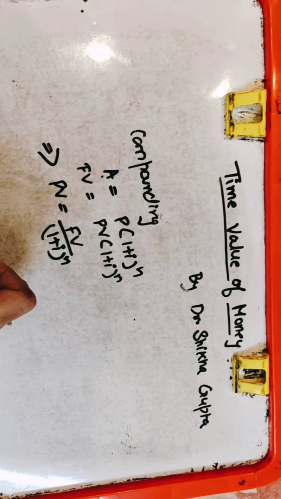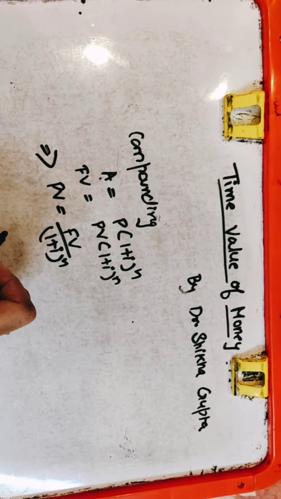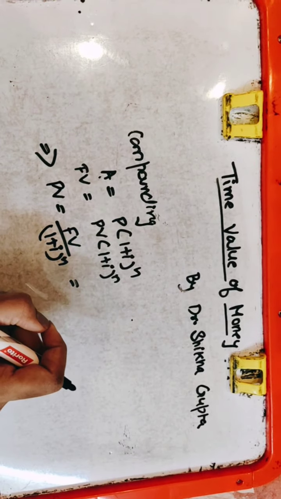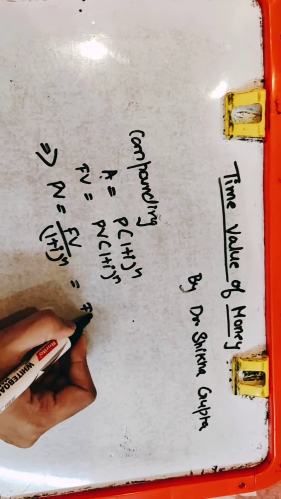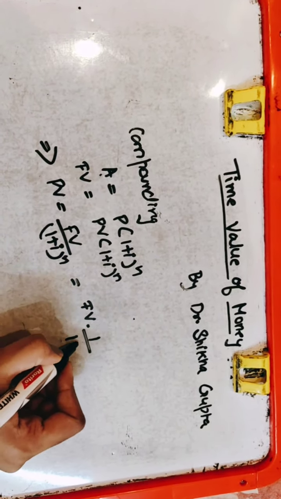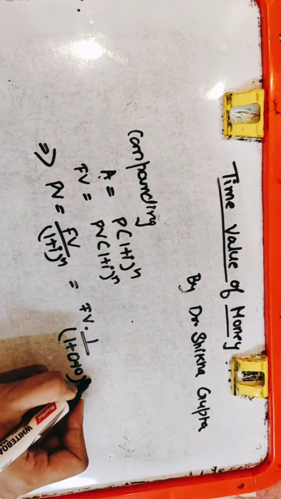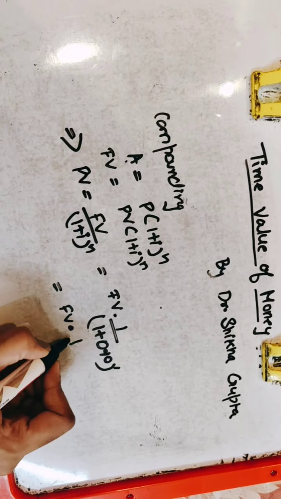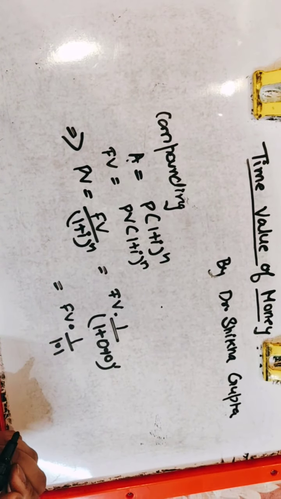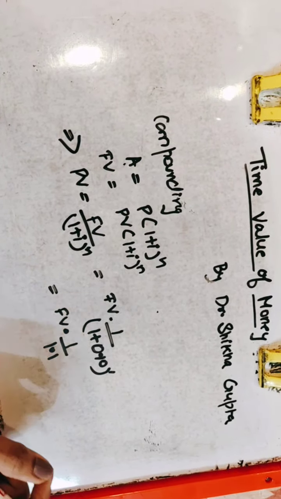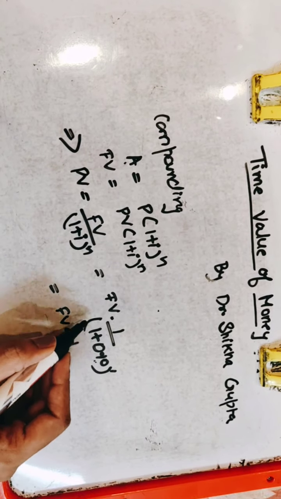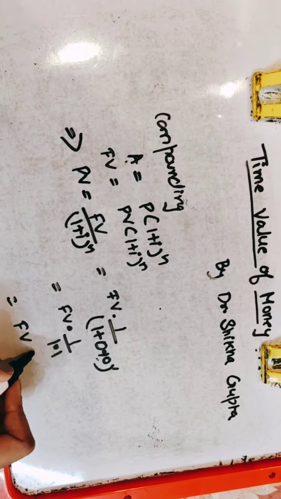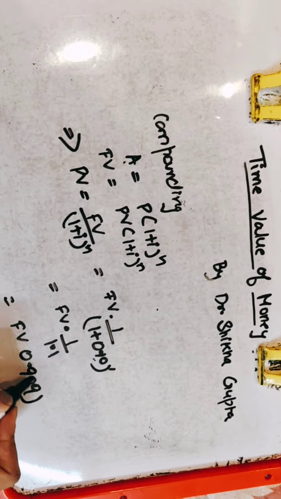Now assume that we have been given the rate of discount as 10%, which is usually common in many of the questions. I am telling you the shortcut to find out the discounting factor without using tables. Yes, you have heard right. This is future value upon 1 plus 10% in our case for 1 year, let's say, right? So this is future value into 1 upon 1 plus 1. So what you have to do, just take the calculator, whatever is the discount rate, add that to 1, divide it like this, and you will get the value. This is 0.909. You can check it from the calculator.